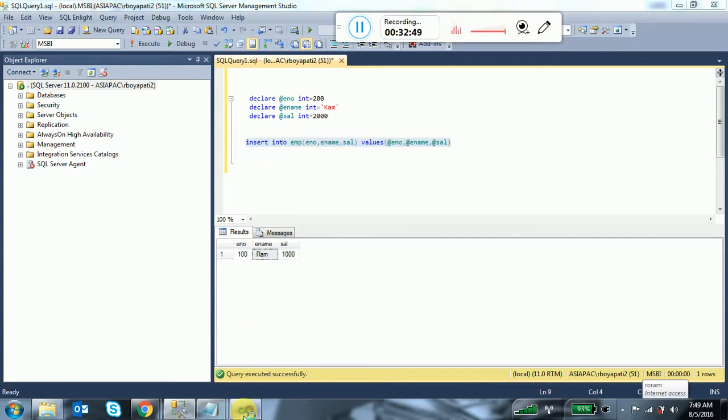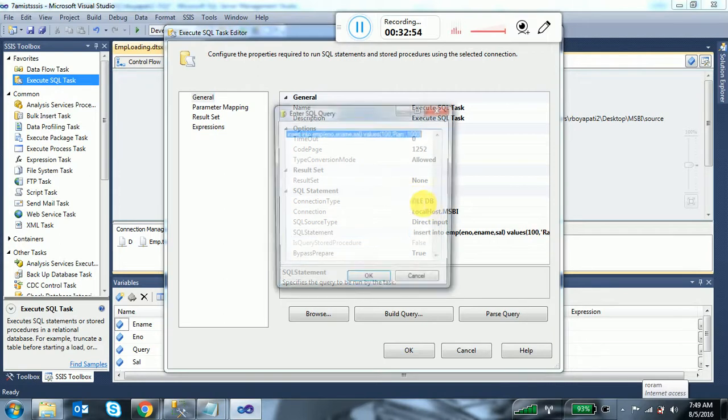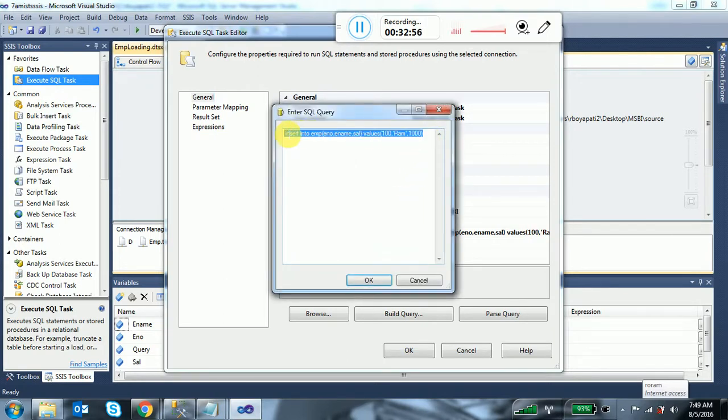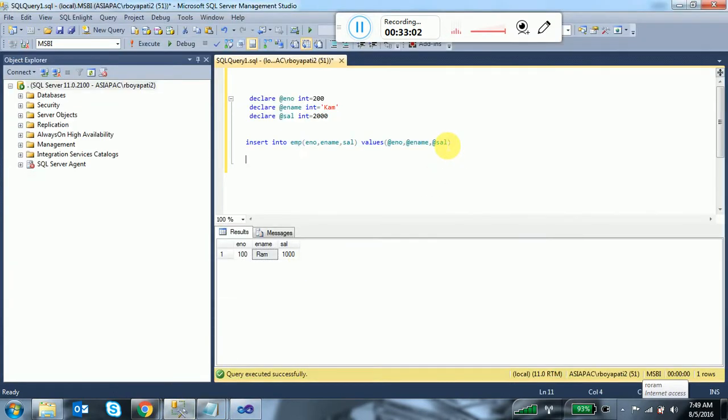What we have to do is put as many question marks here as the number of variables we have. Then Ctrl+C, keep it inside this statement, click OK.